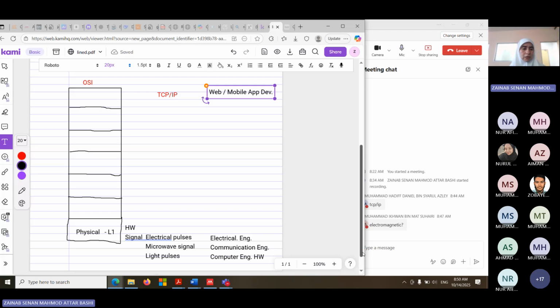Because those who did the first internet in 1969 were electrical engineers, but they had to do all the parts, starting from the server, how the server is working. At that time, of course, the computer was the size of an entire room, a big room. Now they have to know how to link it.